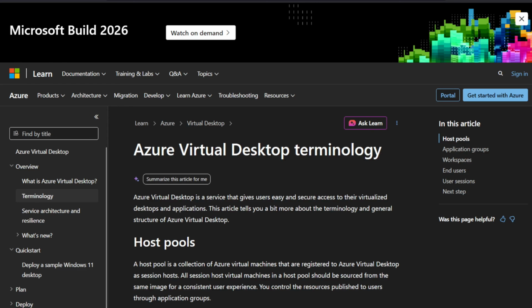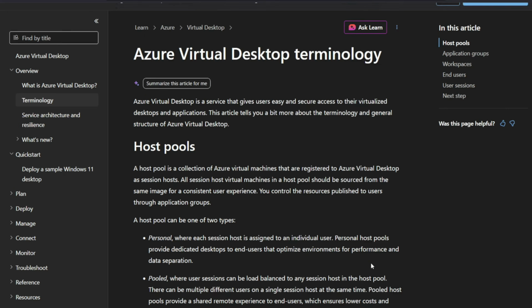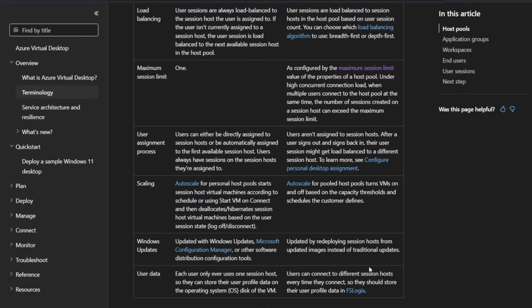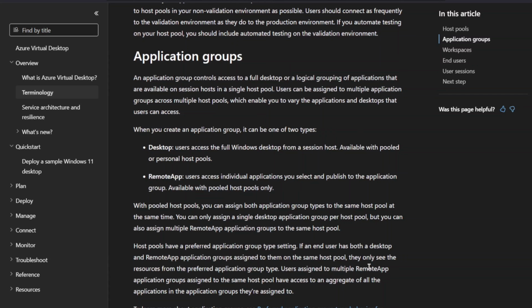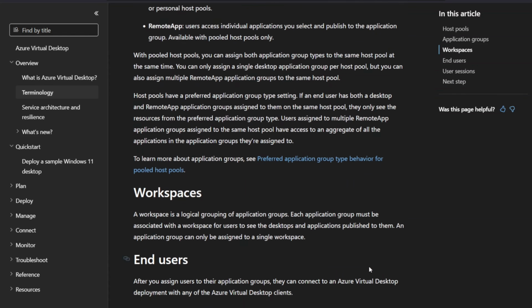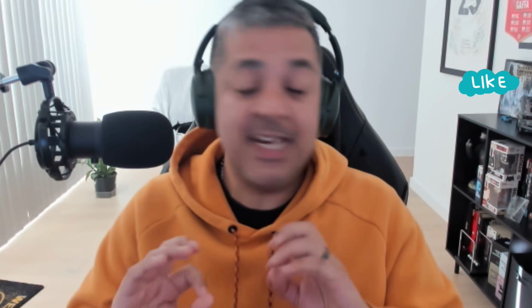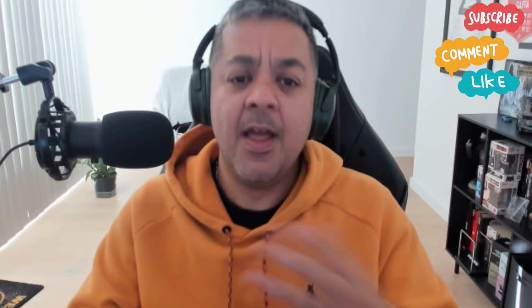This is where people often make their first major mistake. They design around worst case fear instead of observed demand. They choose larger VM sizes than they need, or they keep more hosts online than their actual user concurrency requires, because they want to try and avoid those logon delays or the performance complaints. That thinking is understandable. I've done it myself in early days, but it becomes expensive very quickly